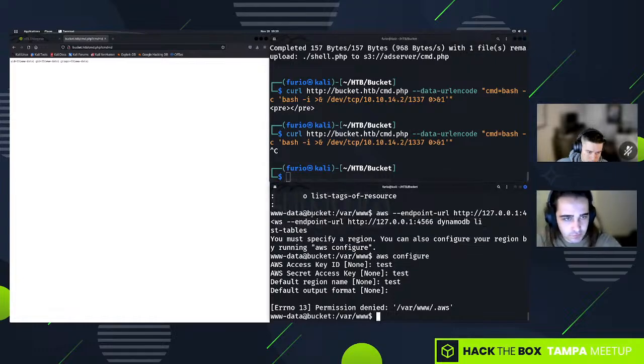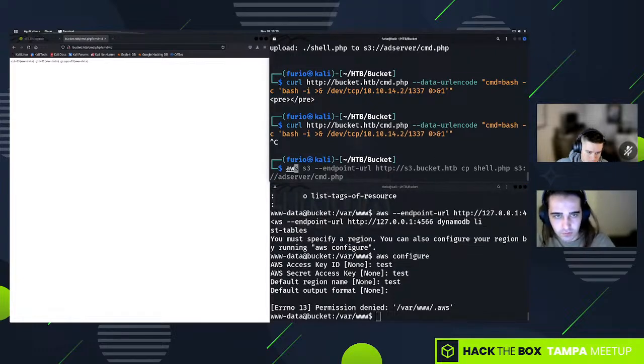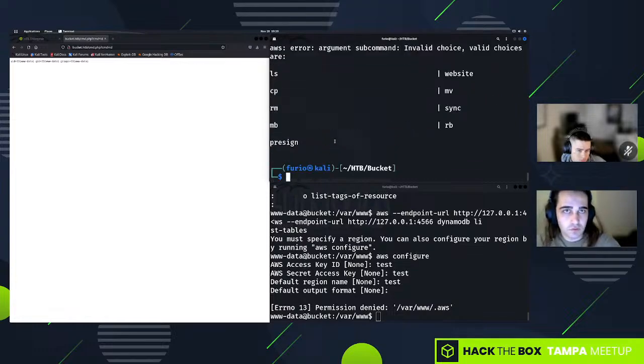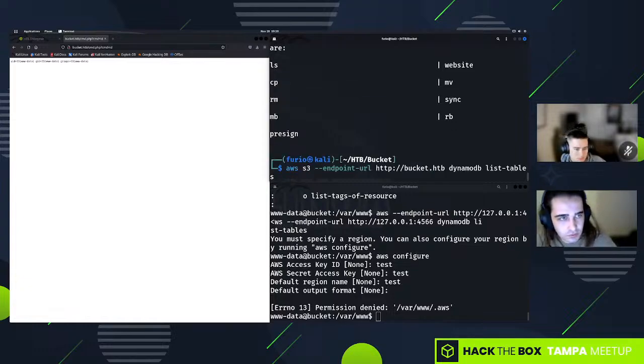So I can just grab this. Let's use AWS. We want it to be bucket.hackthebox, and we'll do dynamo. And what was it we said? We said list tables. Invalid choice. Oh, I said AWS S3. Well,